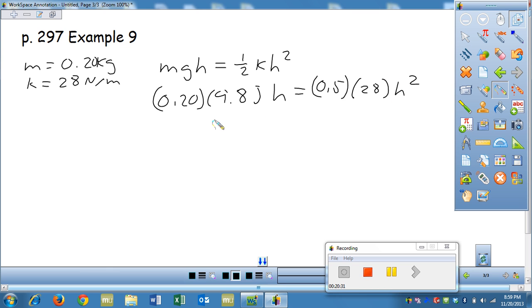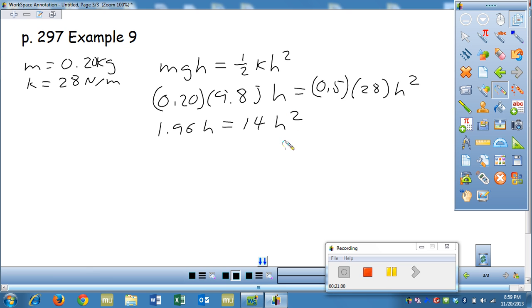Okay, let's see. 0.2 times 9.8. Let me just do that on my calculator quickly. 0.2 times 9.8, that's 1.96. So 1.96h equals 0.5 times 28, that's 14